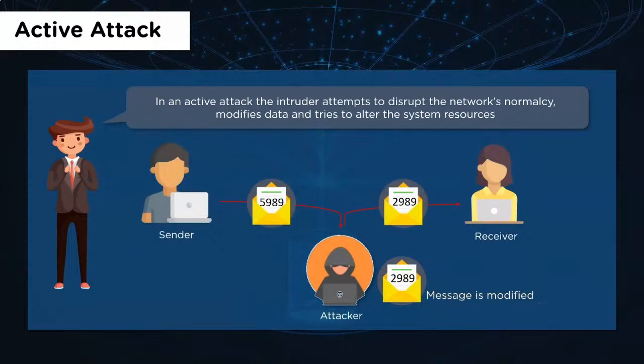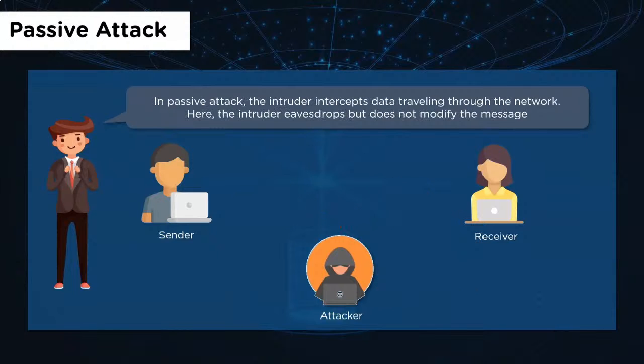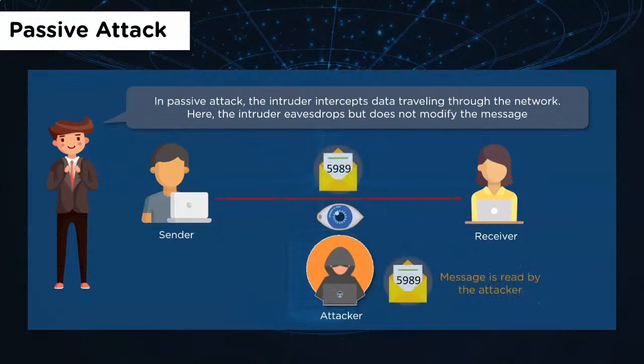Since the attacker is a man in the middle, as we have seen in the previous attacks, neither the receiver nor the sender would be aware of the attacker, and thus they would not be aware of the modification that has been done. Meanwhile, in a passive attack, the intruder just eavesdrops on the data, they just listen in on the conversation, but they do not modify the data at any time. So they just capture the packets, they copy the contents so that they can use that at a later stage.